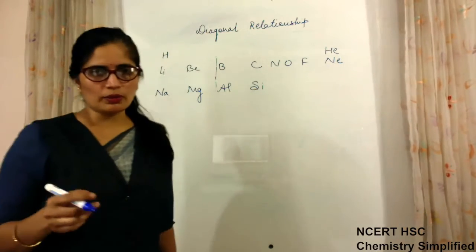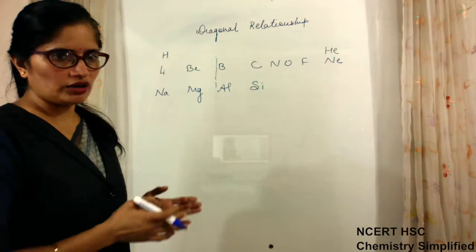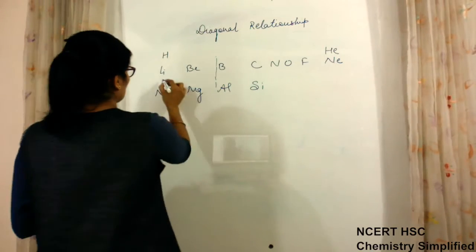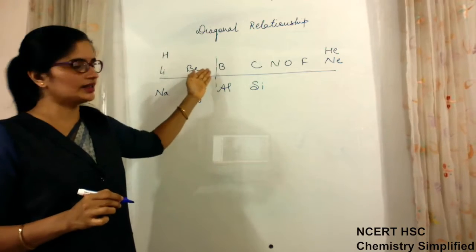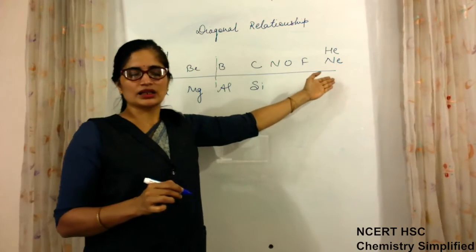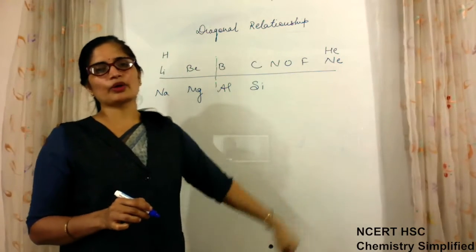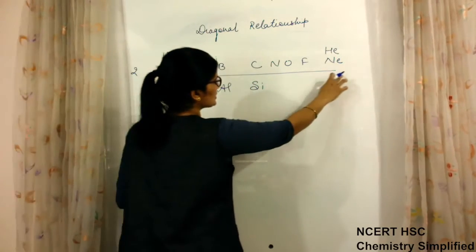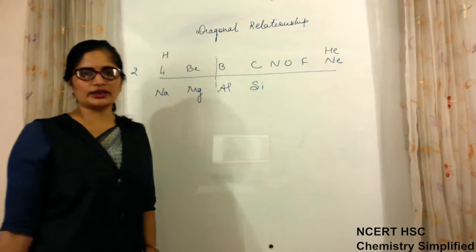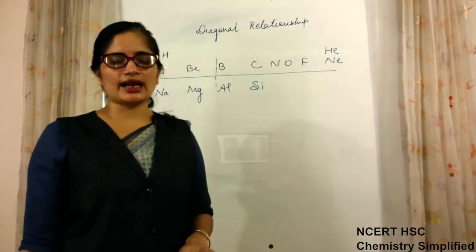So what do we observe? We have always said that in the periodic table, the elements present in the same period have the same number of shells. Suppose it's the second period, so all the members of this particular period will have electrons entering the